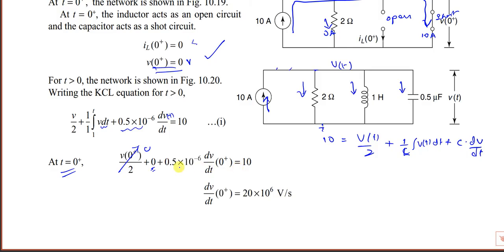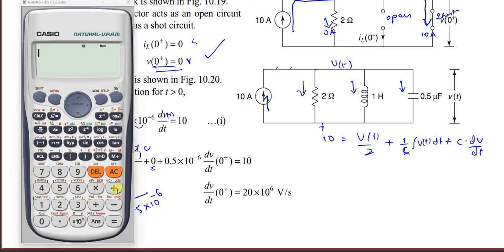will become 1 over 10 divided by... it is equal to dV by dt at 0 plus is equal to 10 divided by 0.5 10 power minus 6. So take the calculator. Now we'll do